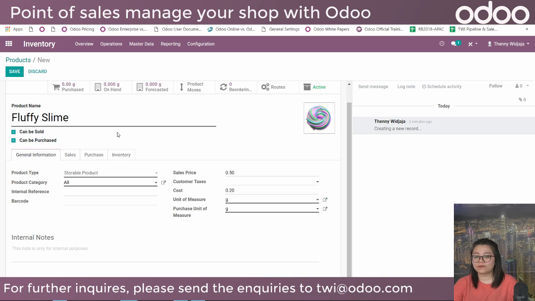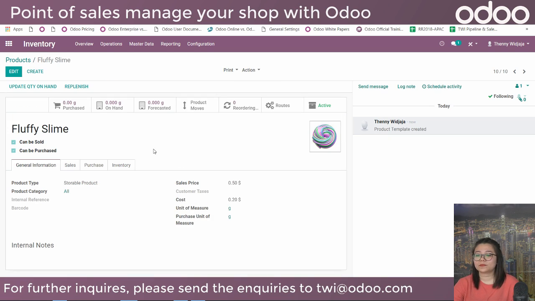So now that we have this fluffy slime set up, we are essentially going to have to, of course, set up the inventory. Of course you can do the purchasing route, which I will show you a little later, which is essentially generating an RFQ and actually purchasing that specific product into your inventory. But for right now, and also for, let's say, adjustments of inventory at the end of the year,